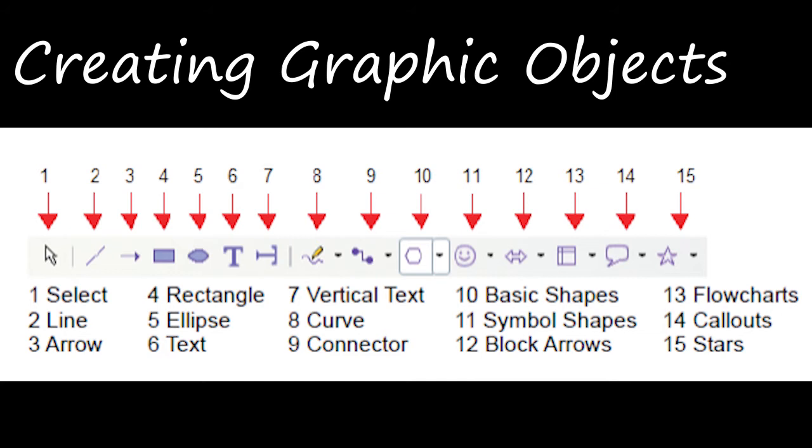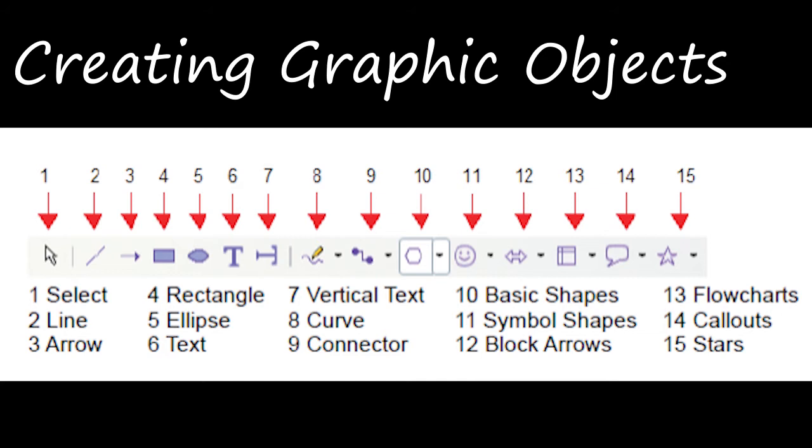A line means it is used to draw a line. Okay, arrow is there. Arrow draws a straight line with an arrowhead at the end, right? The arrowhead will be placed where you release the mouse button. Okay, the next one is a rectangle. This is used to draw a rectangle, and you have to press the shift button if you need to draw a square. You can just press the shift button while dragging the mouse to draw a square using this rectangle symbol, right? And the next one is ellipse. Ellipse is used to draw an ellipse. Here also, if you need to draw a circle, you can just press the shift button.